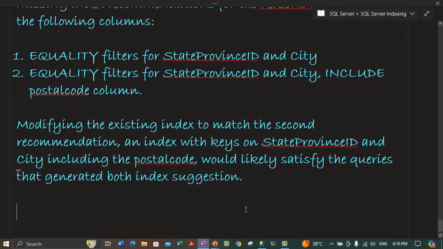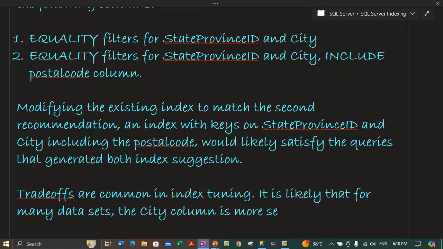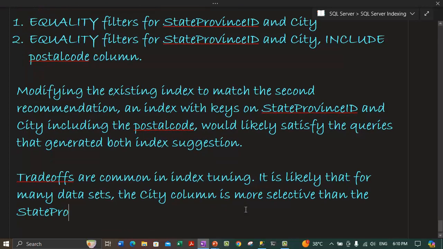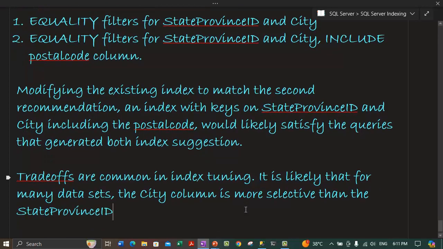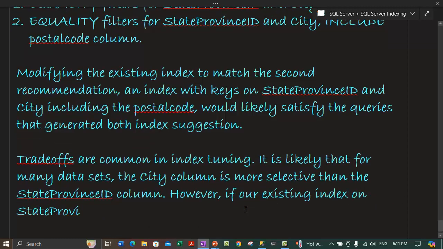And if we talk about combining indexes or index tuning, trade-offs are common in index tuning. It is likely that for many data sets, the city column is more selective than the state province ID column. So for certain data sets, it may be possible that the city column is more selective for our index than the state province ID column. However, if our existing index